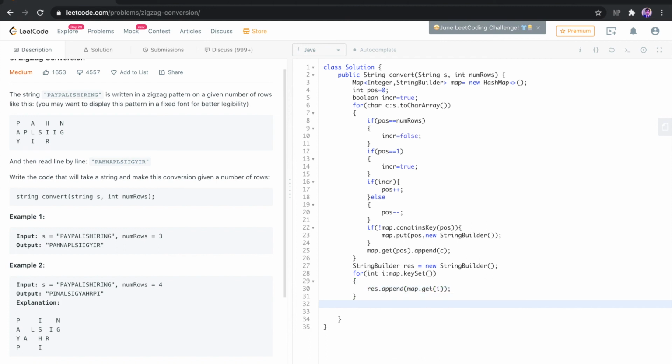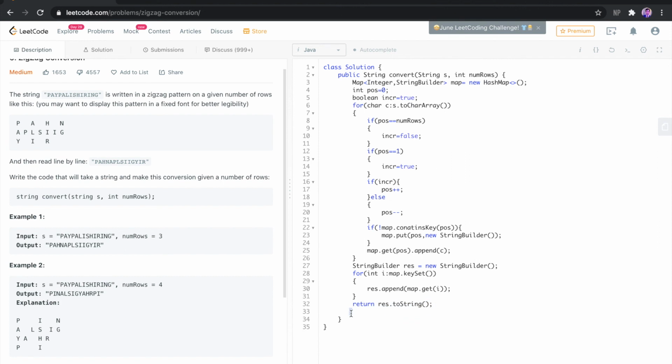Right, once we do that, we just need to return the result, but the result is a string. We need to convert it to a string since the output needs to be a string, as you can see here. So there is a method called toString which we will use here.